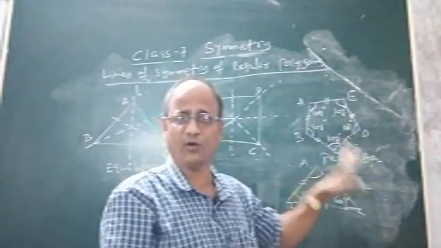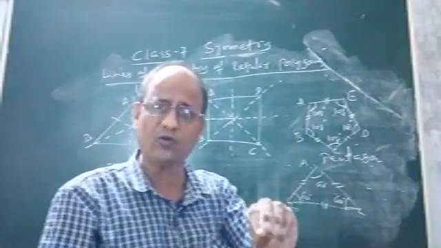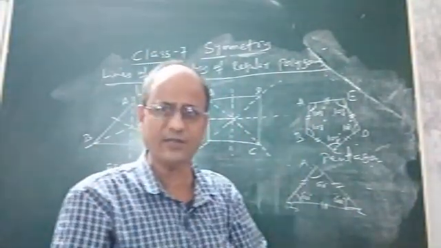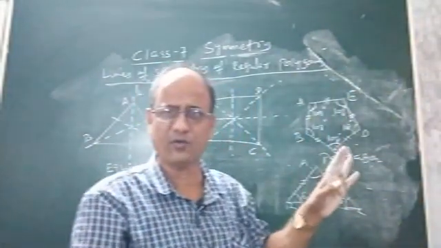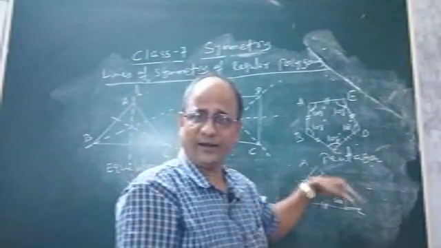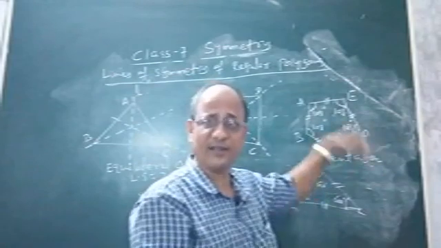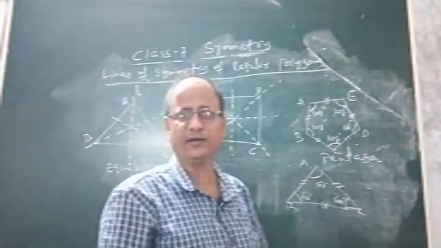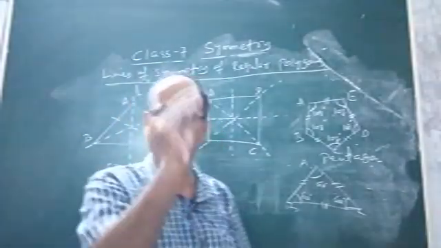Children, I hope you understood the meaning of polygon and regular polygon. Polygon means any closed curve bounded by 3 or more line segments or sides: triangle, quadrilateral, pentagon, hexagon, heptagon, etc. And regular polygon means a polygon in which all the sides are of the same length and all interior angles are of the same measure. Now the point is how to find the line of symmetry of a regular polygon.